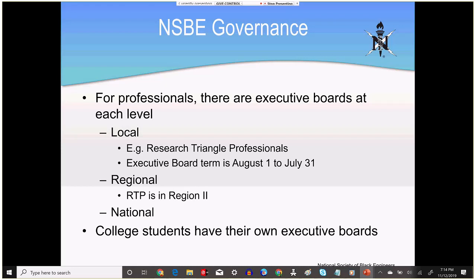The organization really started off as a student-run organization, and for some things it still is, although the professionals have our boards as well. So that's the makeup of the organization and how the executive boards work.